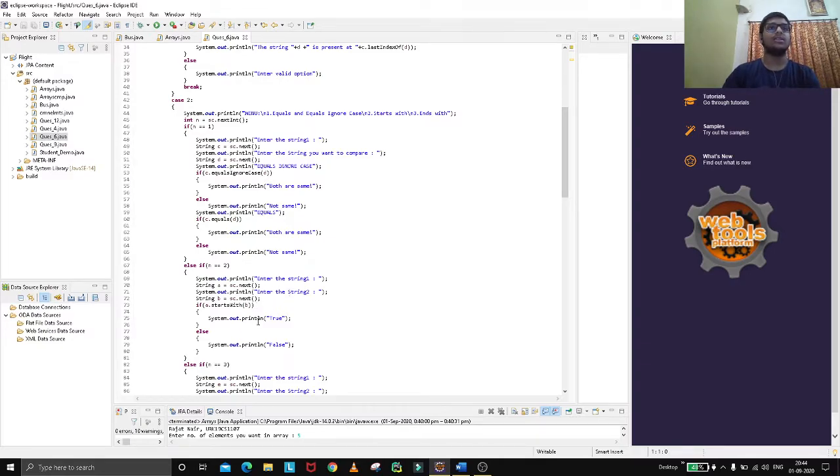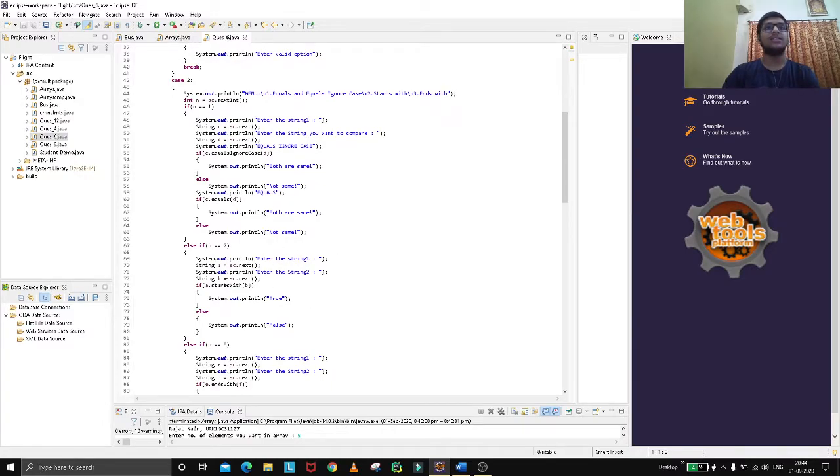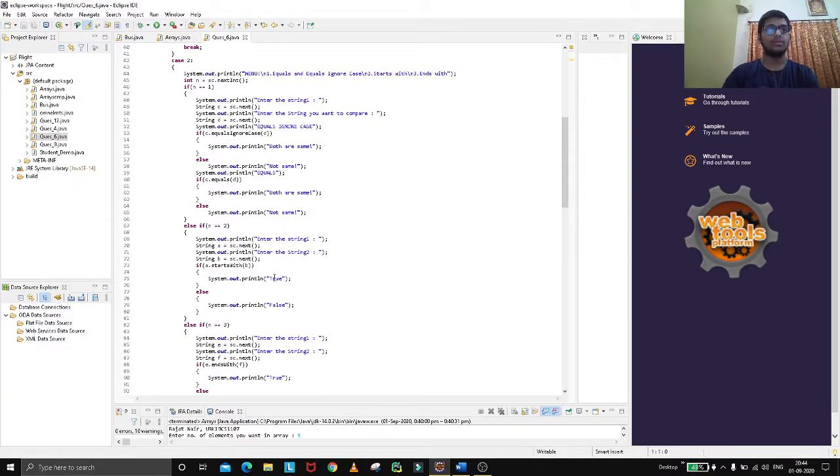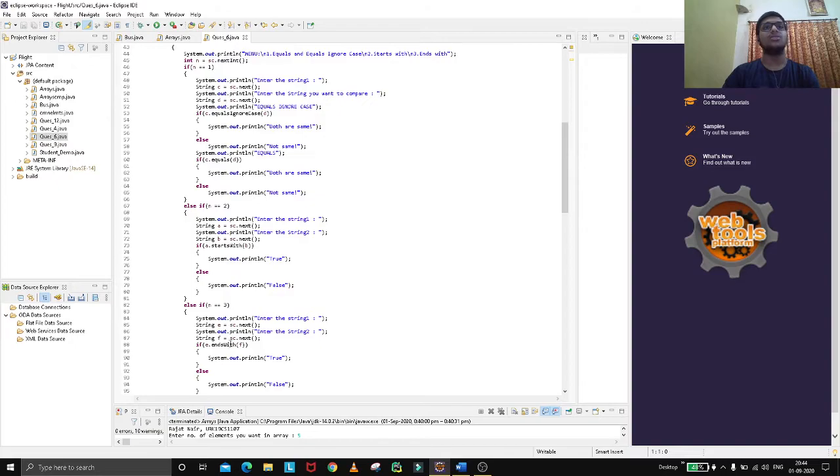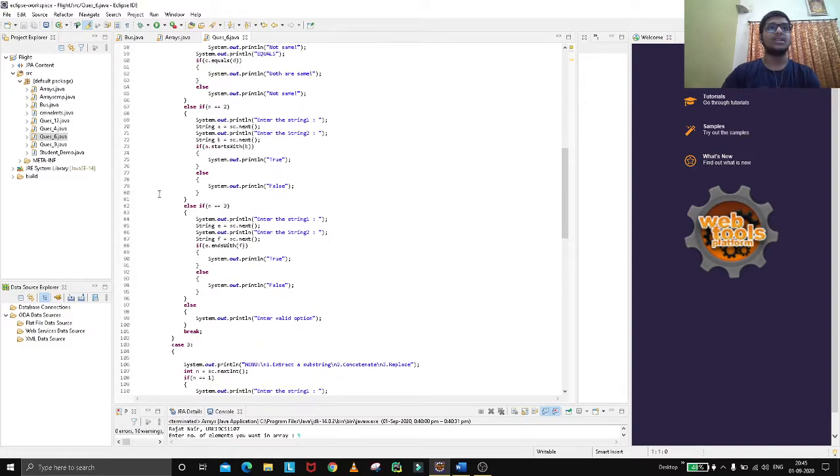Yes, so it will provide true. So we can compare the strings this way. And we can also use the endsWith method: Delhi ends with I and Dehradun ends with N. So endsWith will not work because I and N are different letters, so it will say false. So this is for endsWith.